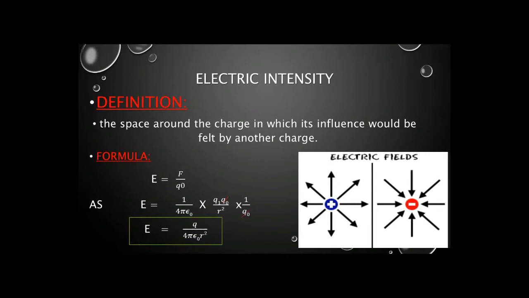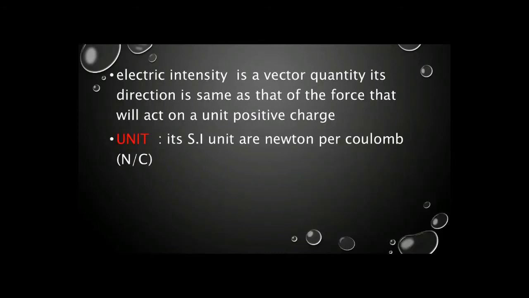Okay, so the mathematical definition of electric intensity can be defined as force per unit charge. That is force per unit charge. I hope you will understand how we define electric intensity. It is about force per unit charge. And the electric intensity is a vector quantity, and its direction is the same as that of the force that will act on a unit positive charge. Okay, what will be the direction of the electric intensity? It is the same as that of the force that will act on a unit positive charge,